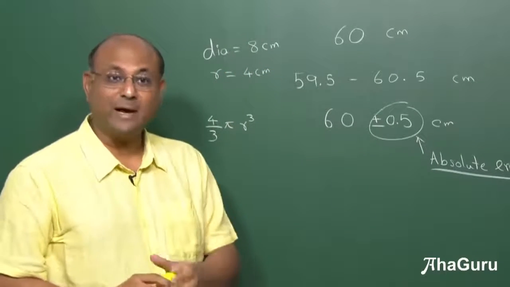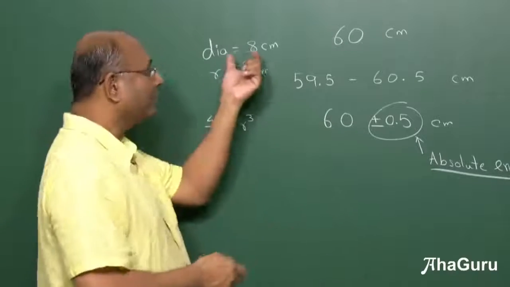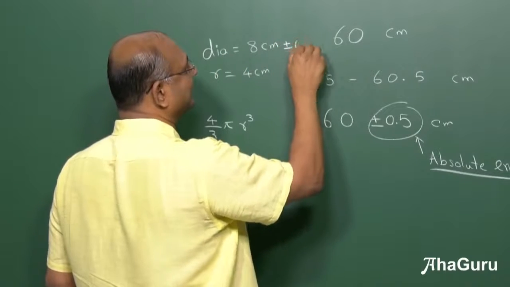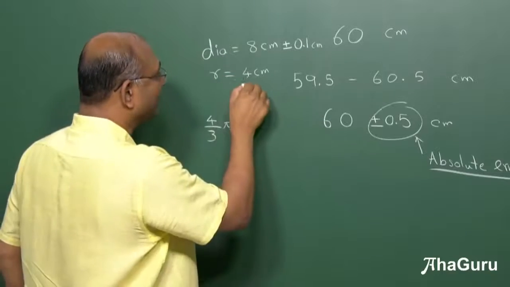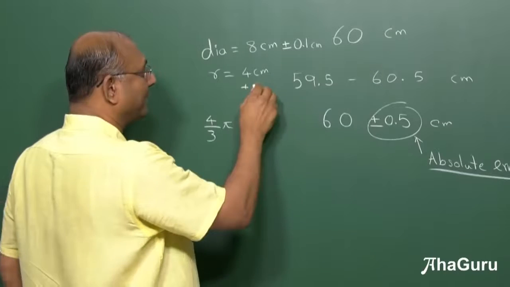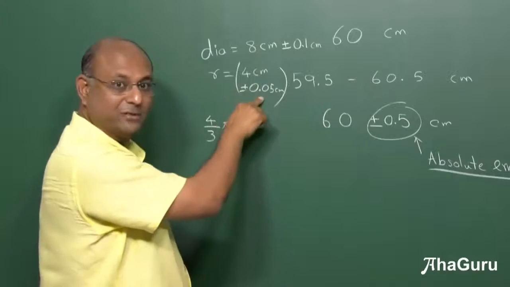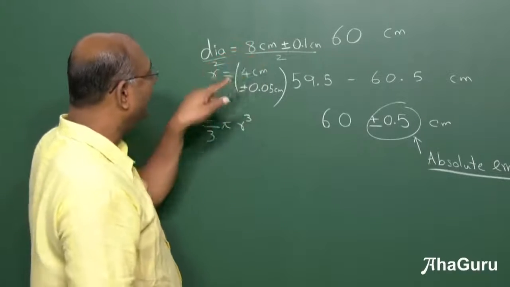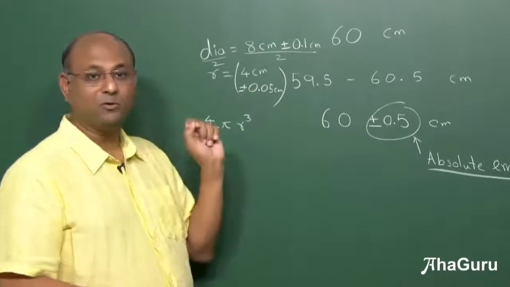But all this is assuming I know perfectly that it is 8 centimeters with no error. Obviously that never is going to happen, right? If you're going to measure, you're going to have an error. So it will be typically 8 centimeters plus or minus, let us say, 0.1 centimeter. But when you do the radius, it's going to become 4 centimeters plus or minus 0.1 by 2, so it's going to become 0.05 centimeters. Do you see why this has become 0.05? Because I'm dividing this by 2. 8 by 2 makes it 4, but the error also must be divided. So error also becomes 0.1 divided by 2, 0.05.